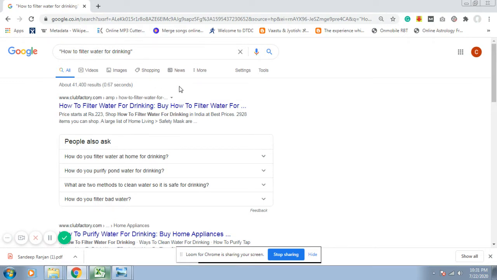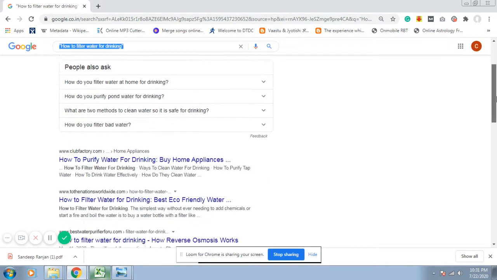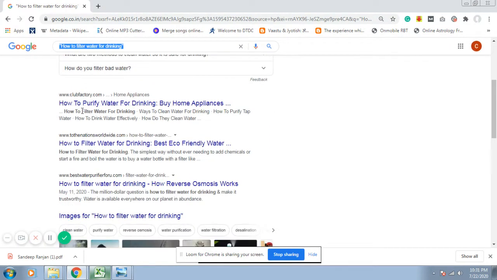Google is showing me search results that match this entire keyword phrase, how to filter water for drinking. You can see the matching words for this keyword. It is also showing how to purify water for drinking. It will check the page title, the content, everything, and show you the desired results.